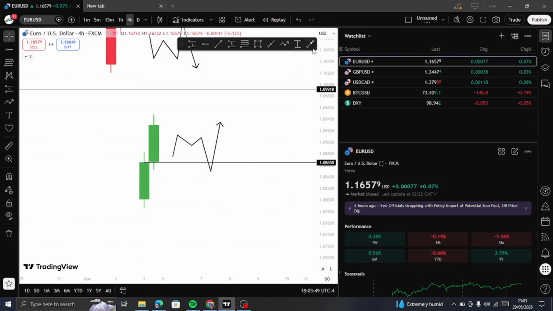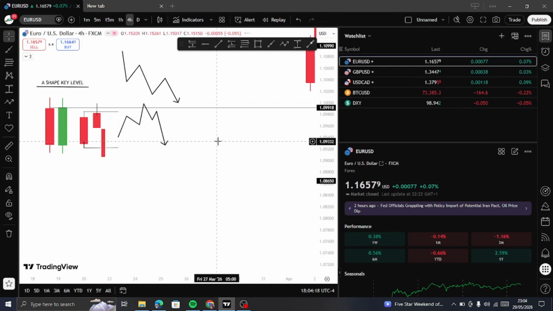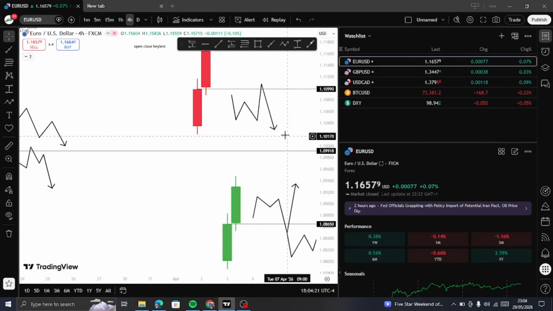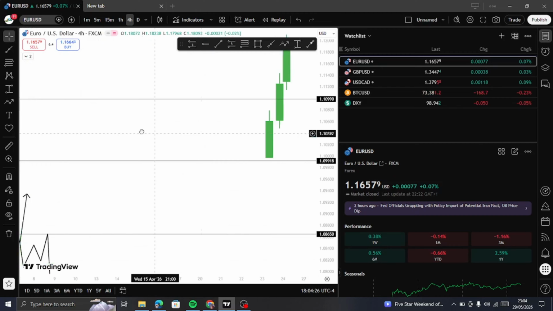But something you need to understand, if it comes like this and it did not break, like it did not continue up, then it's sorry. You can use it as a breaker block, touch back and go down. So we have done the A shape key level and the open close key level for the bullish and the bearish. And the next one I used to use is called